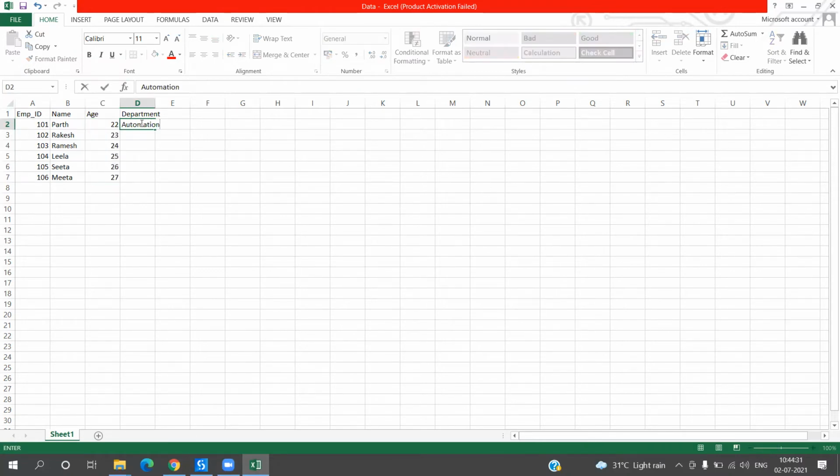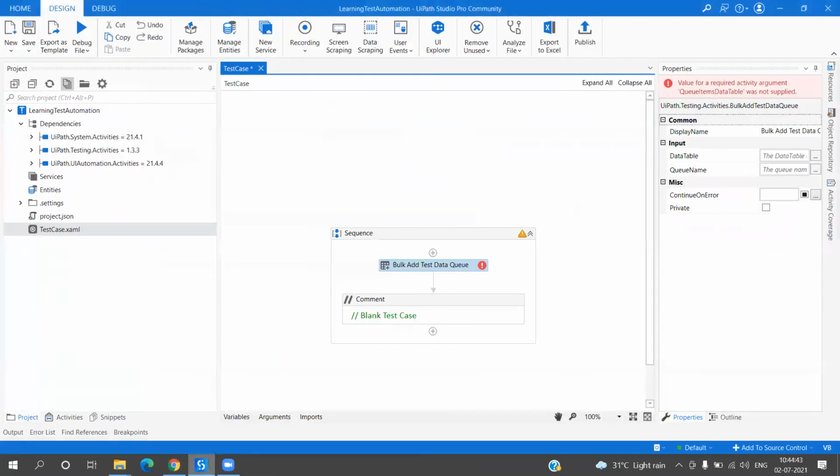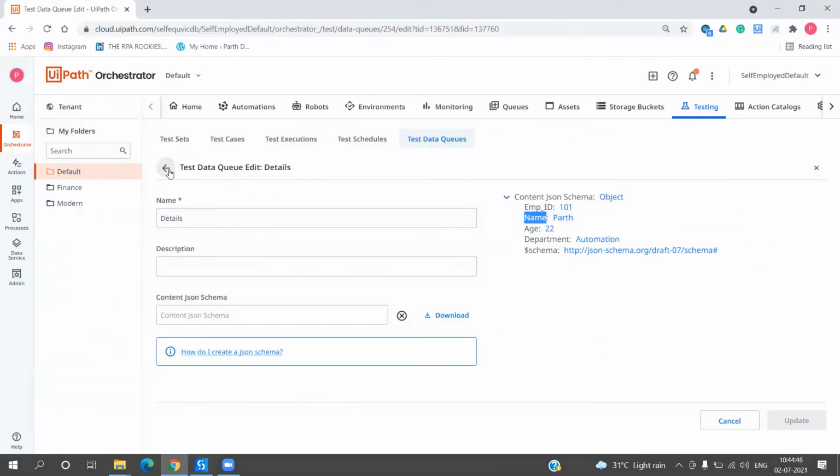This is going to be automation for all. Okay, let's save it. Close the file. Go back over here.